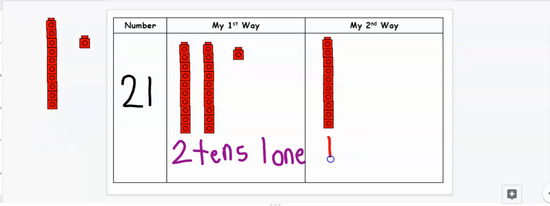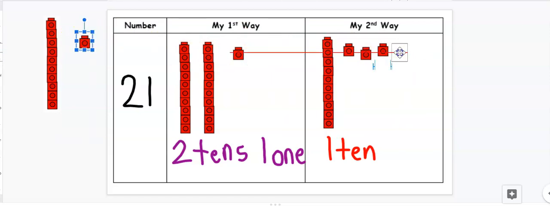Okay, so if I have 1 10, how many 1s am I going to have? Can you make a prediction? Okay, let's see if you're right. 10, 11, 12, 13, 14,